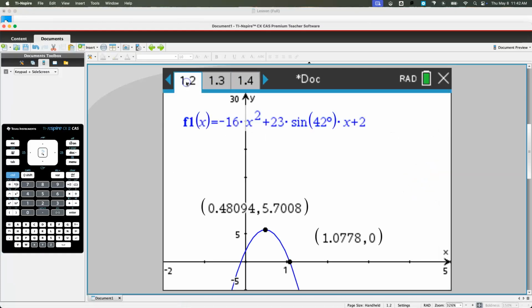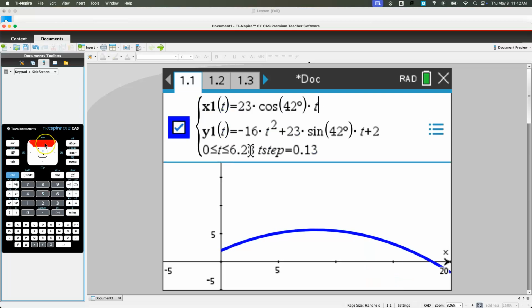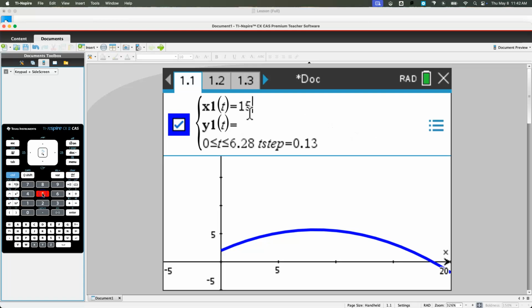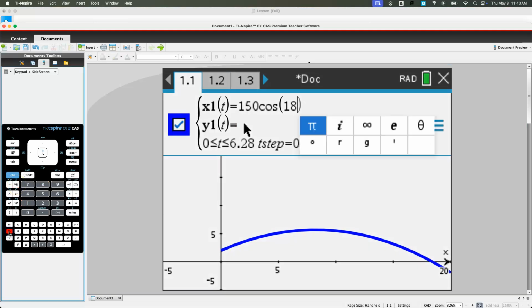All right, so let's go back to this one. Tab, and here we go. And so this one we needed it to be at 400. Oops, that breaks. Let's clear this first. 400, and I went 4T, and I went to 5. Okay. Push enter. Go. That breaks though. Yeah. And this one became, actually let's just clear it out, 150 cosine of 18 degrees